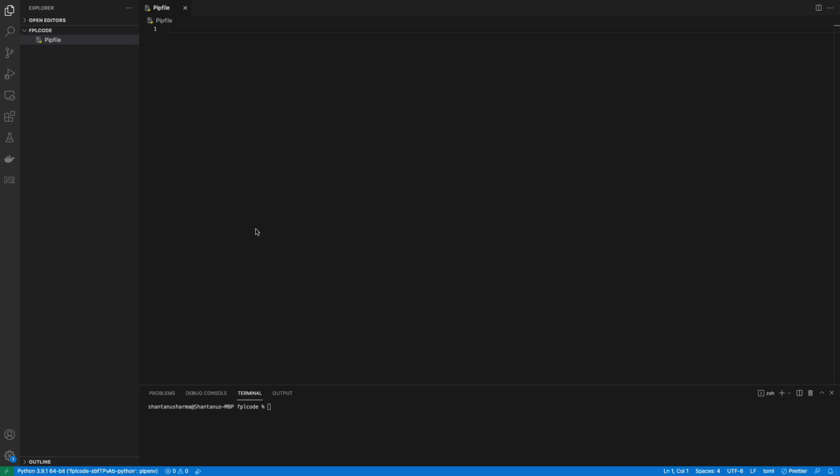in your laptop and name it FPL code or anything which you like. Now after you create that folder, we'll create a file called Pipfile inside that folder. This Pipfile will store all the packages and dependencies for the Python program. So we would then write them here, saying Tweepy is our first package which we'll be using for connecting with